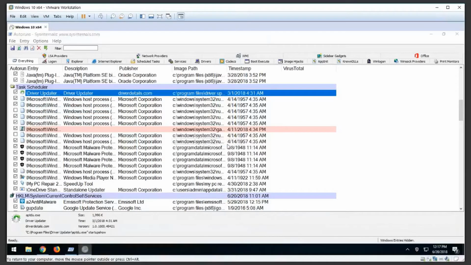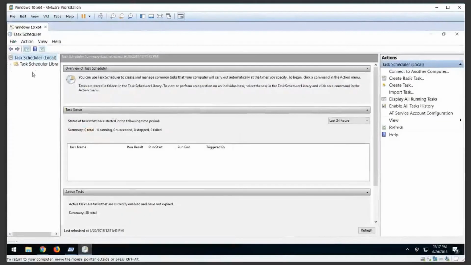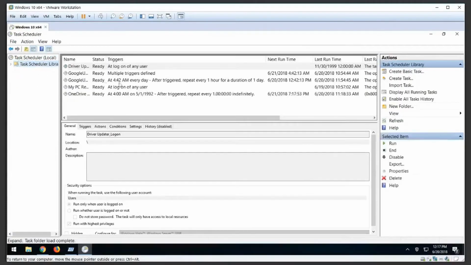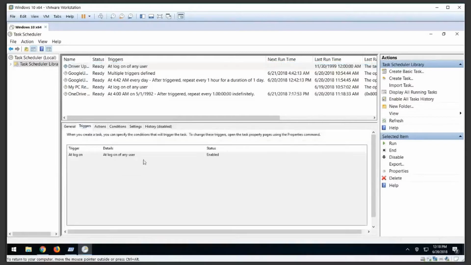So we're going to open the task scheduler. Oh, let's keep that maximized. We're opening the library, and you can see driver updater here. It has a trigger at logon of any user. That means if any user logs on to this machine, it will start a scan automatically. You can see the details here,